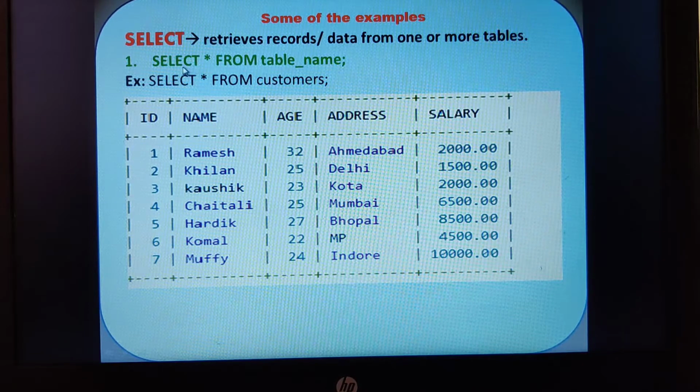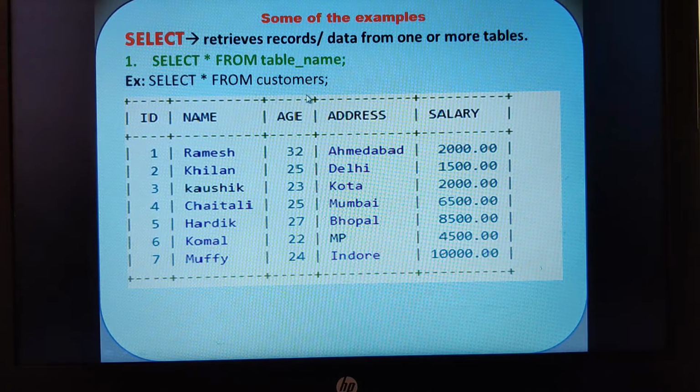This is the syntax. Right now I want to view the contents of my table known as student, so I would write the query as select star from student and then put a semicolon. When I execute that query, the entire student table would be displayed along with all the records.